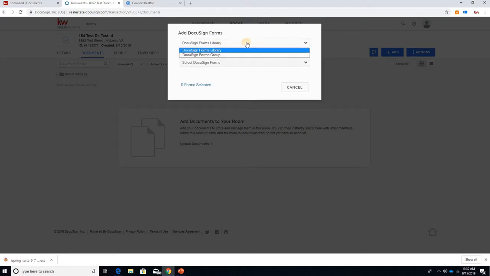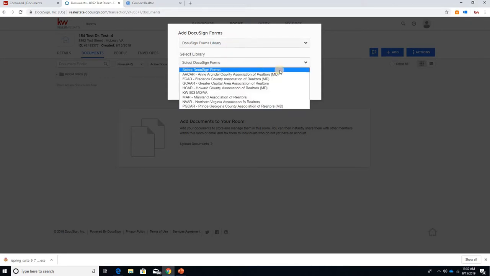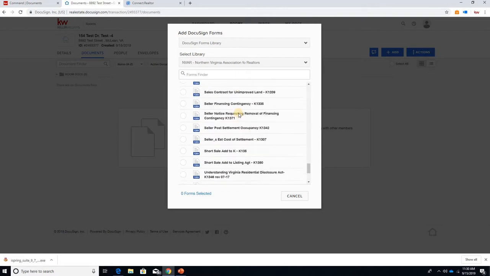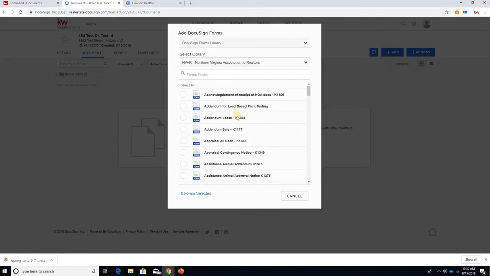Moving forward, you'll see at the top menu 2 options: DocuSign Forms Library and DocuSign Forms Group. The library is going to be all the associations. Right now we only have NBAR in there. If you click that, you can see everything that I showed you on the screen before. This is only if you just need to add one document, if you forgot to add something. If you're just creating a room, then you could go to DocuSign Forms Group, and this will be basically the templates that